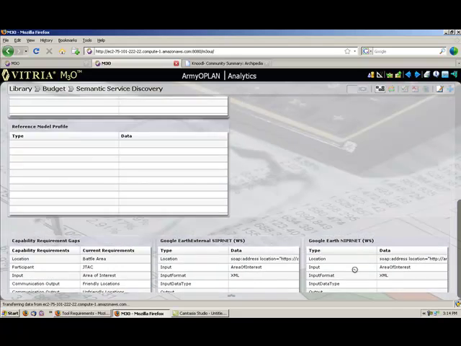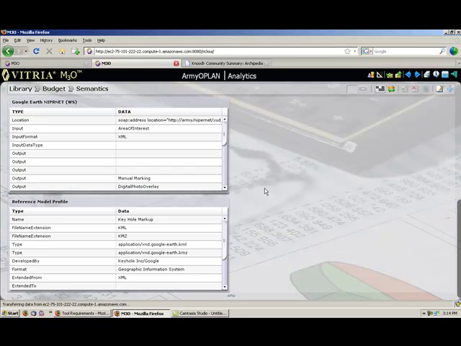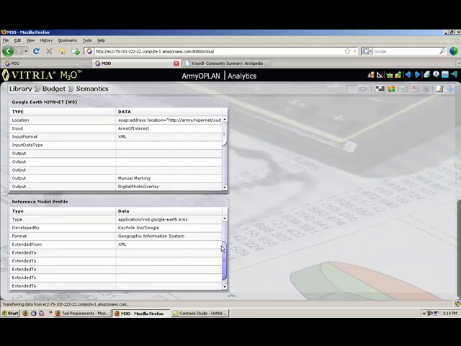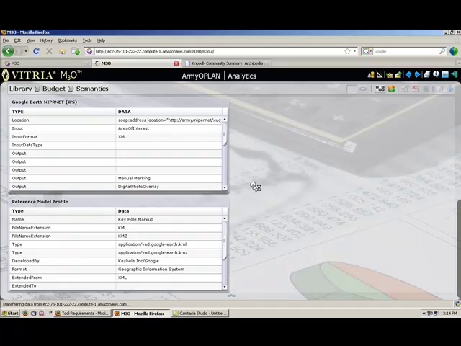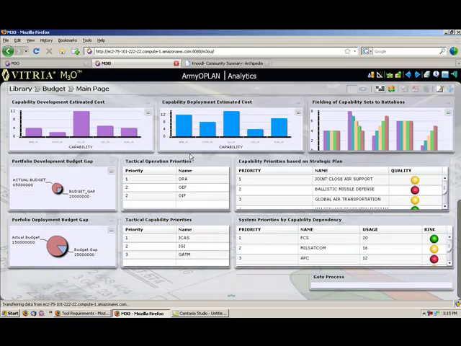For some of the values of these properties, we can drill down and see more detailed data. For instance, we've drilled down on KML, which is the data format for this service, and we can see some details about that. We've also built another dashboard for portfolio managers where they can see all the capabilities in their